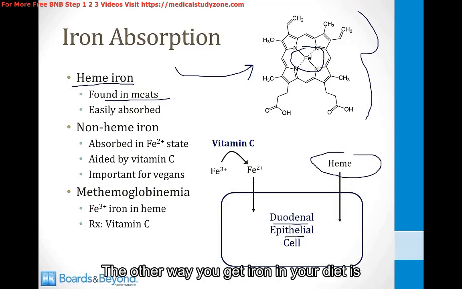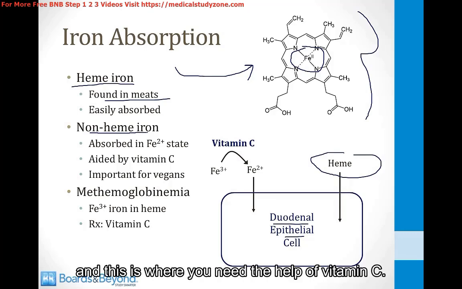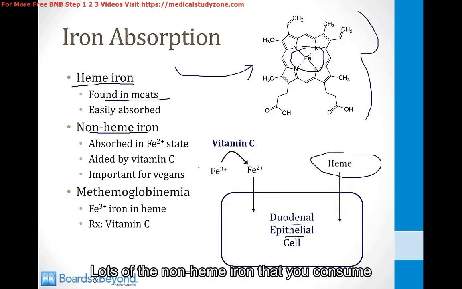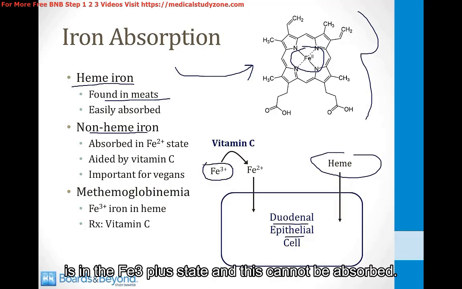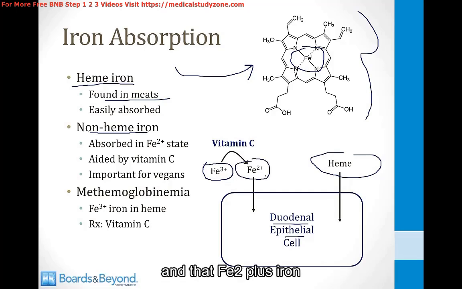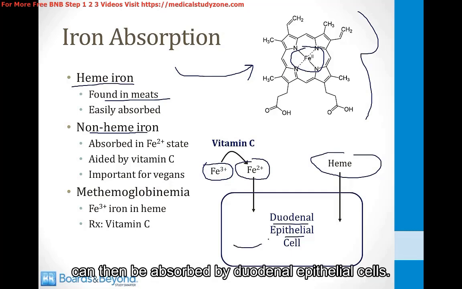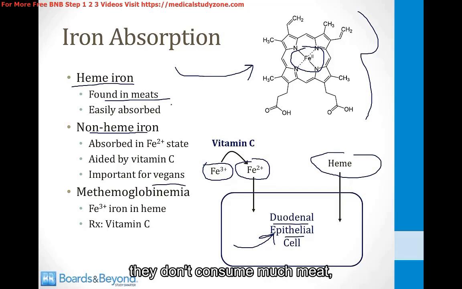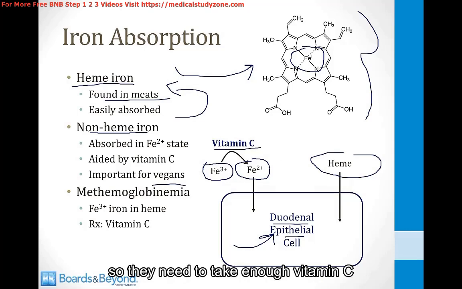The other way you get iron in your diet is as non-heme iron, and this is where you need the help of vitamin C. Lots of the non-heme iron that you consume is in the Fe3+ state, and this cannot be absorbed. Vitamin C converts Fe3+ iron into Fe2+ iron, and that Fe2+ iron can then be absorbed by duodenal epithelial cells. And this is especially important for vegans. They don't consume much meat, so they get very little heme iron. So they need to take enough vitamin C so that they can absorb all the iron in the Fe2+